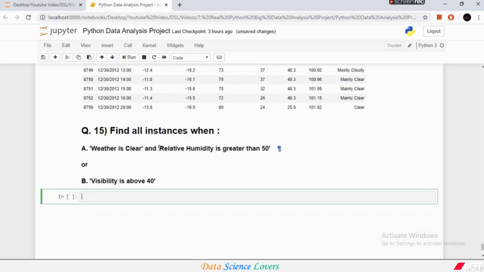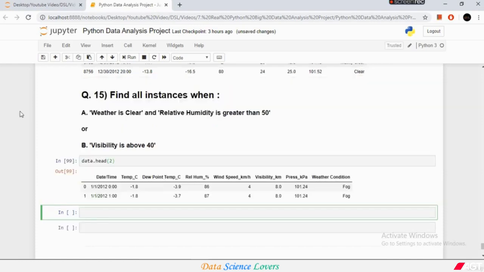Now our last question is: find all the instances when weather is clear and relative humidity is greater than 50 or visibility is of 40. In this question, we will use the AND operator and OR operator at the same time. Now to find the solution for this question, we will consider each condition one by one. The first condition is weather is clear. For this we will write